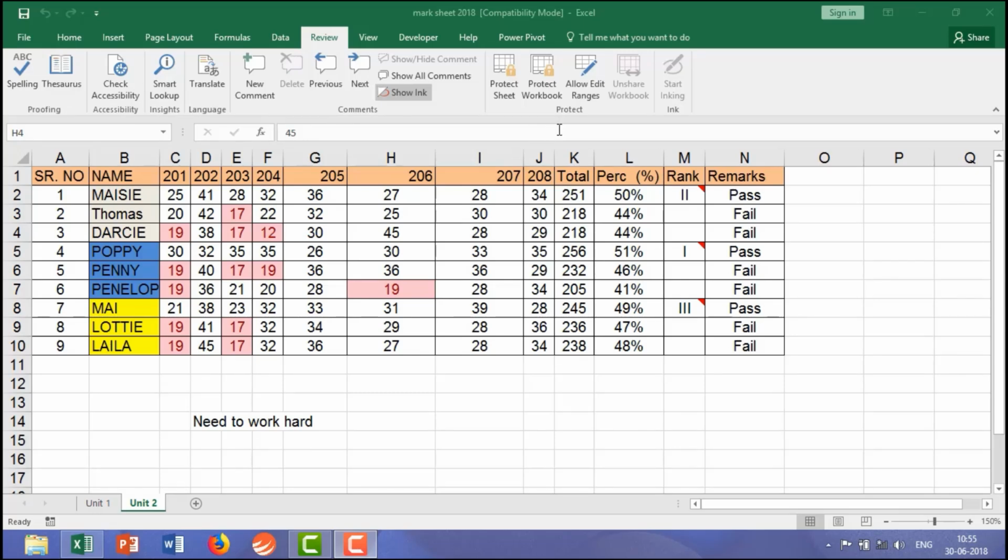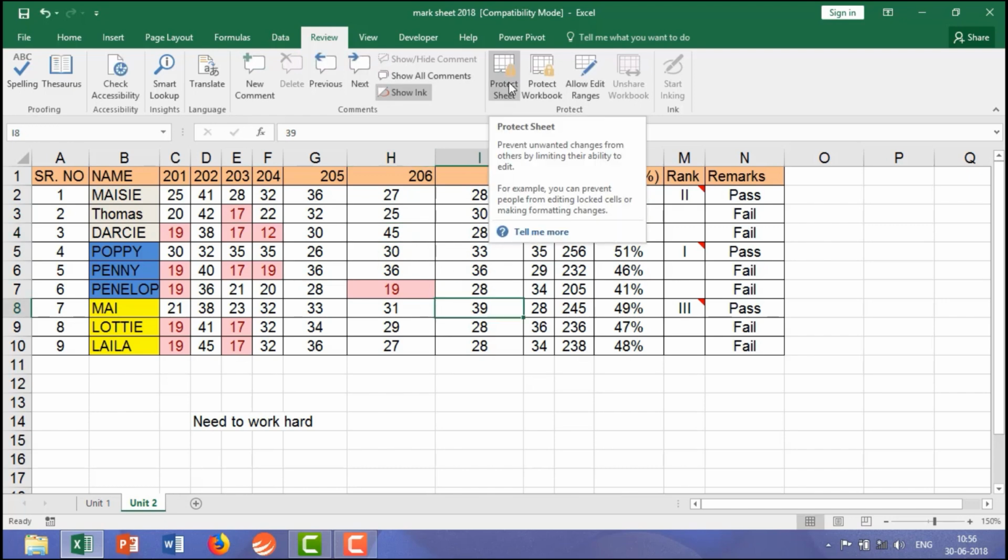Hi guys, let's learn Protect, which comes under the Review tab. We have three options over here: Protect Sheet, Protect Workbook and Allow Edit Range. What does it mean? The moment you click on Protect Sheet, it is meant for giving a password to your whole sheet,